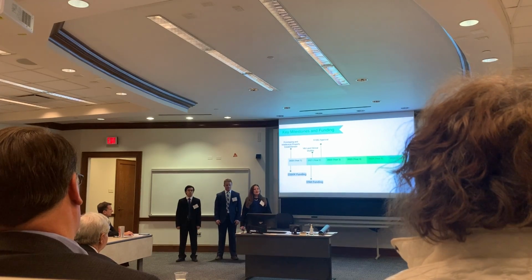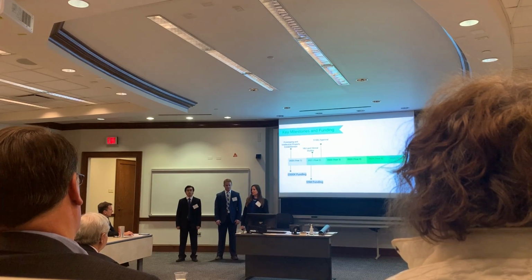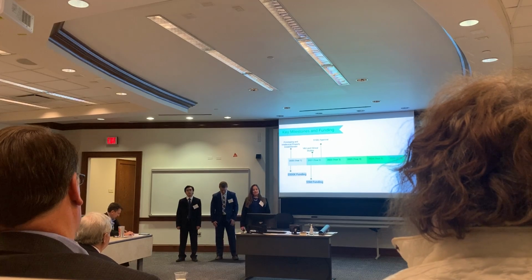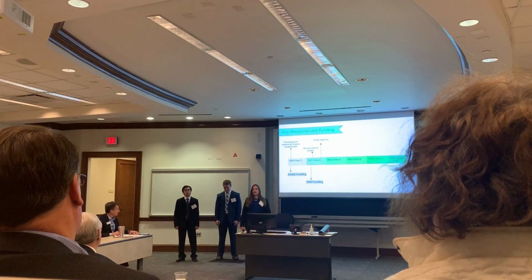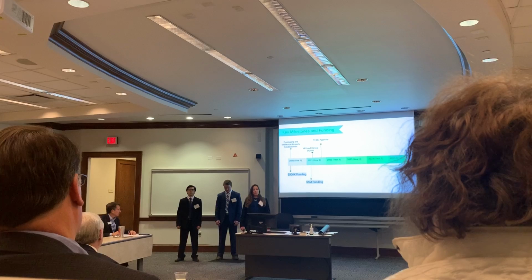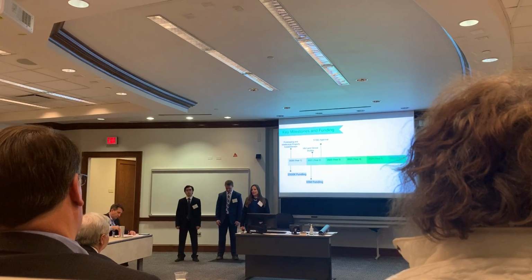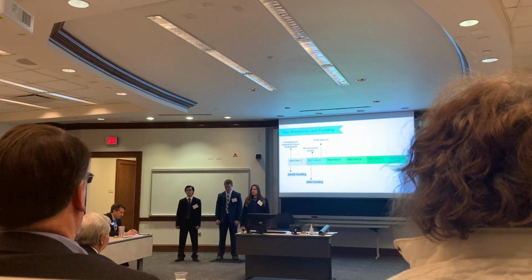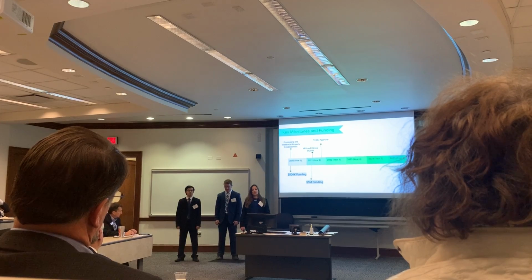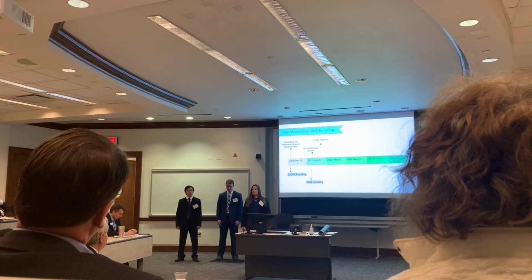So, as far as the big picture for key milestones in funding, we hope to secure $500,000 in funding after filing a patent this year, and that will cover prototyping and IP development. After that, in year 2, we're hoping to secure $5 million to cover P&V, clinical